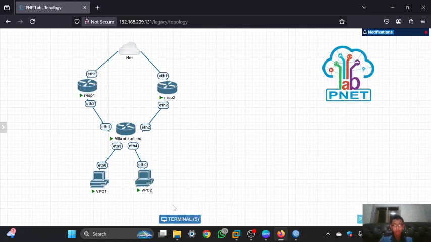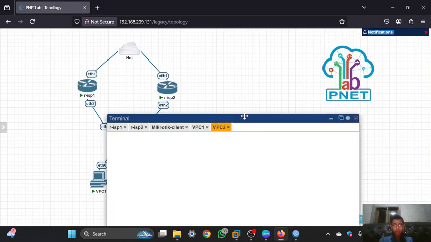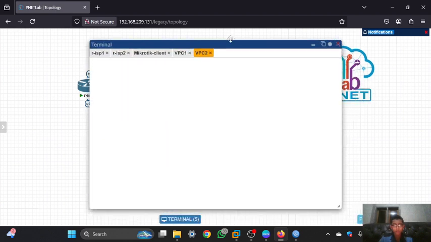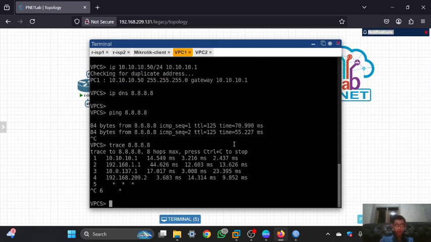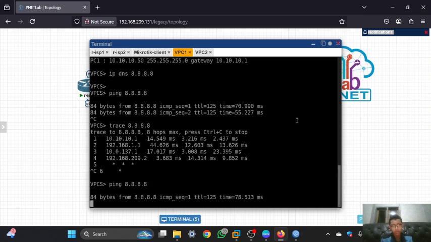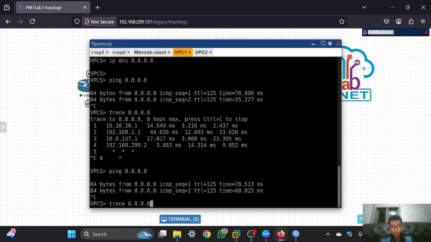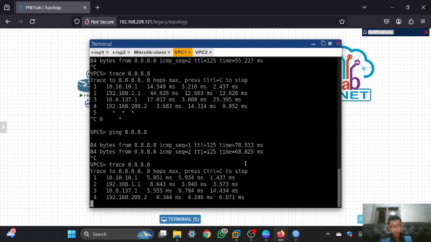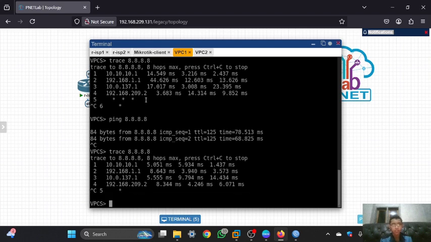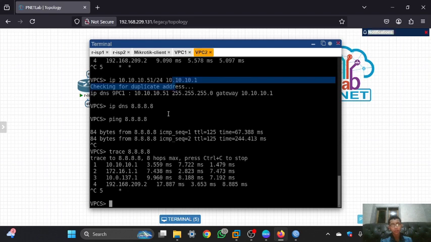I will check the ping to Google. From the VPC1, I will try to ping to Google, which is using this. I will check the trace, and as you can see, VPC1 is using the IP of ESP1 if it wants to connect to the internet.